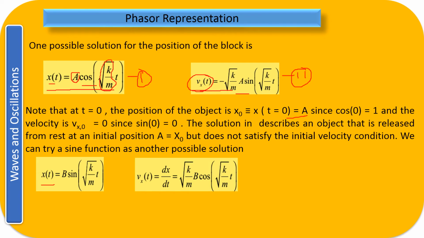What we are finding over here, at t equal to 0, sine 0 is equal to 0. So you don't have any initial amplitude. But if I put in its velocity component, again at t equal to 0, cos 0 is equal to 1, and therefore I get the amplitude equal to omega naught into b, because root k by m is equal to omega naught. So omega naught into b. So we are getting the initial velocity.